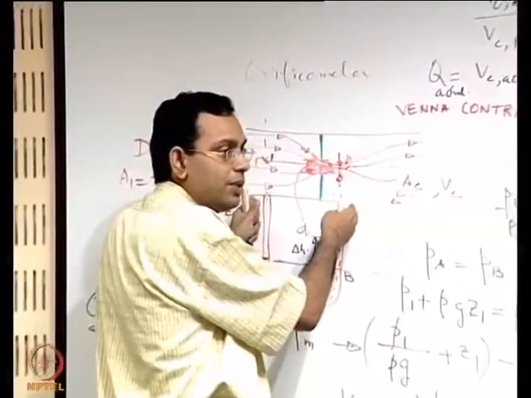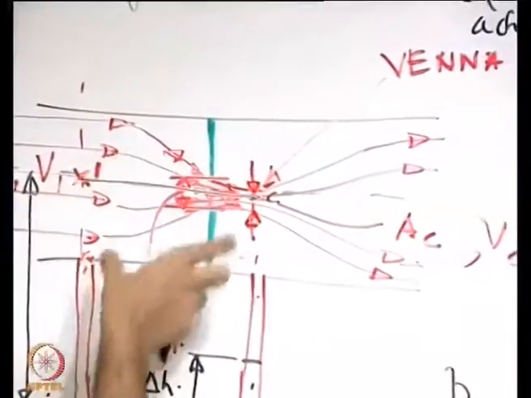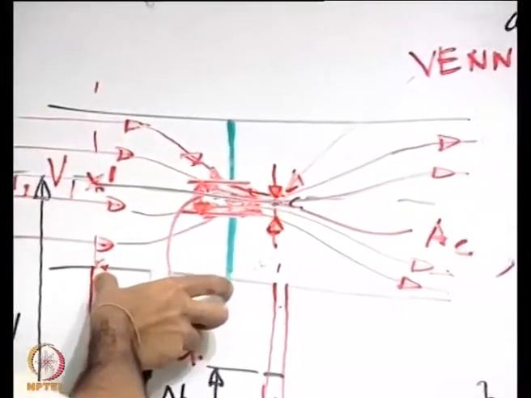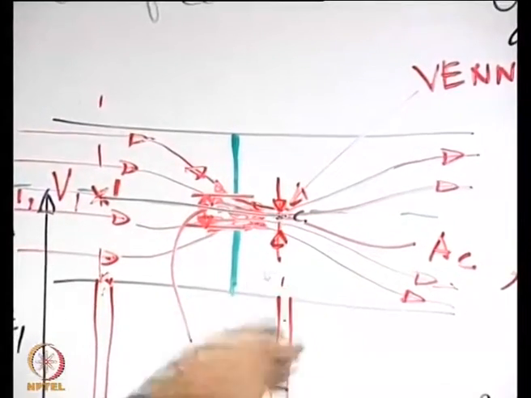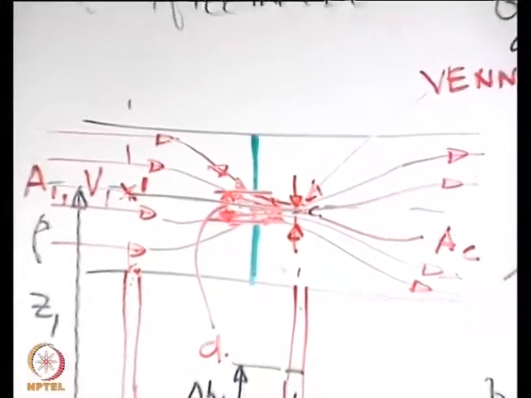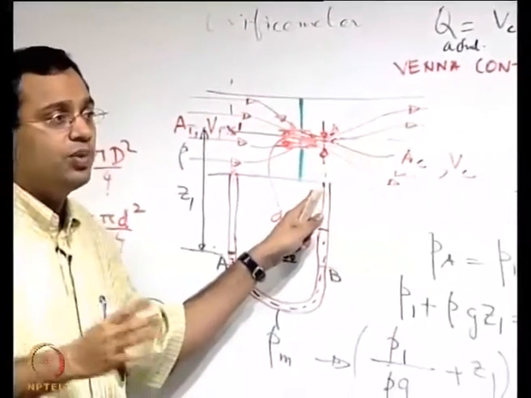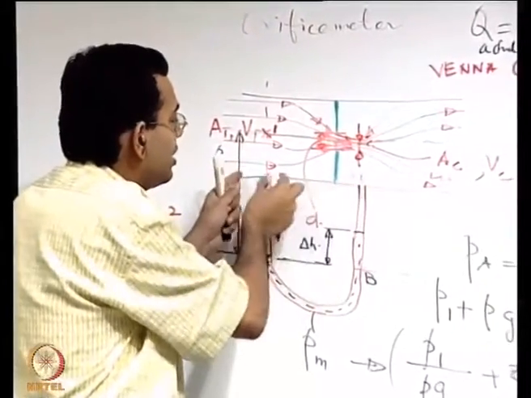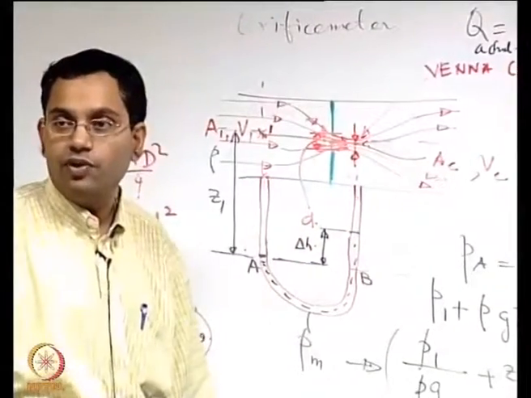and put the manometer tappings properly. Classically, if capital D is the diameter of the pipe, this manometer tapping is kept at a distance of roughly capital D from the plate, and this is roughly capital D by 2. This is one of the standard engineering practices of putting these tappings. It is not always necessary to put them there, but with a lot of experiments it has been found that these two represent the proper sections with the kind of considerations that we are looking for.